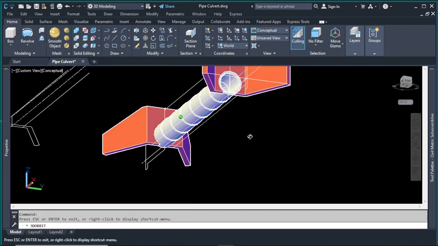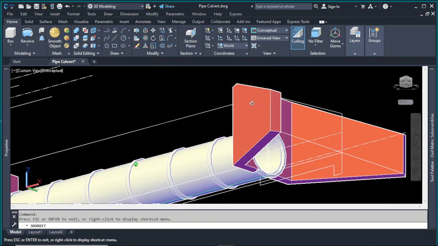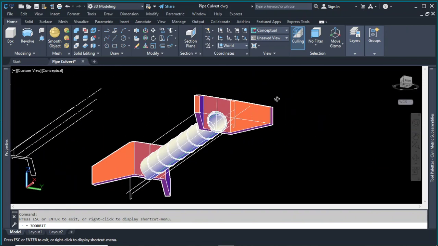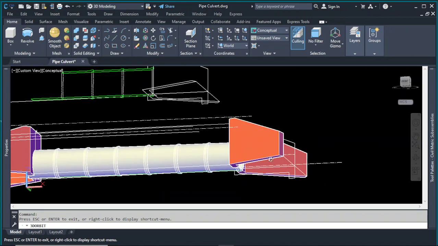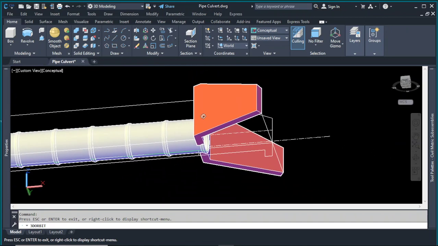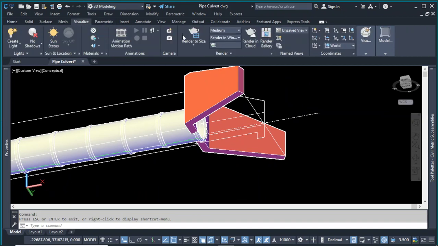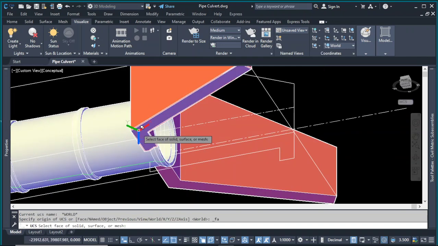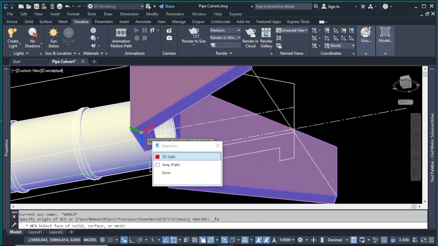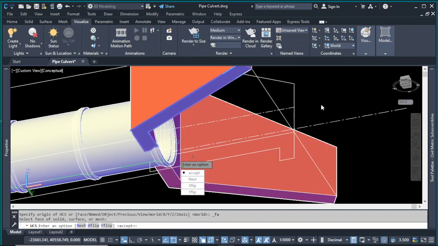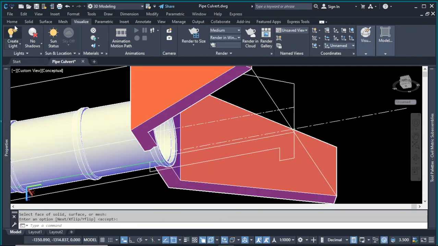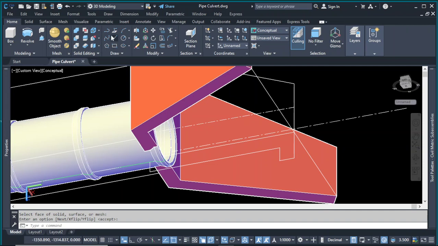So we can come here and change our, you see if we have more. So we go to the visualize, and I want to pick the face, and this is the face, enter. So we just come here again,